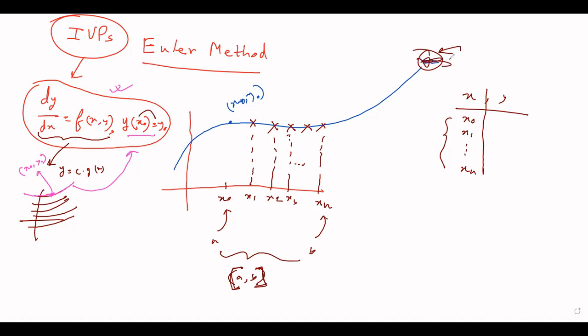Anyway, so technically we are trying to find values y0, y1 up to yn, so that these points xi comma yi, for example, this point is xi comma